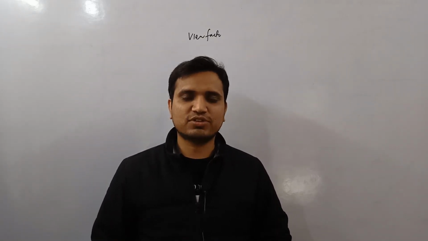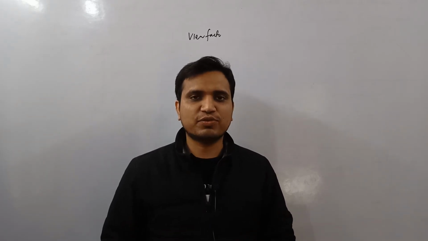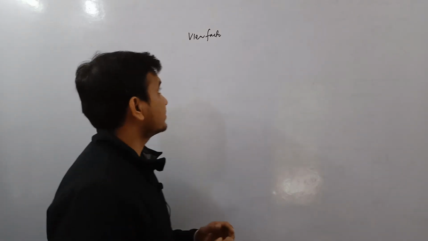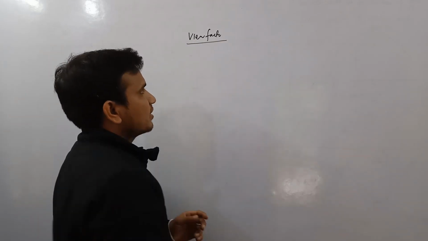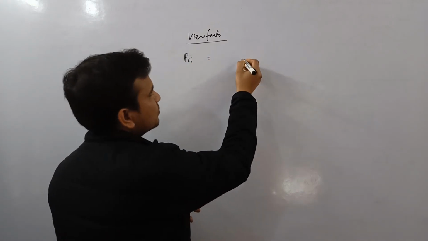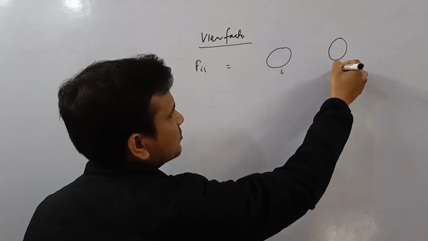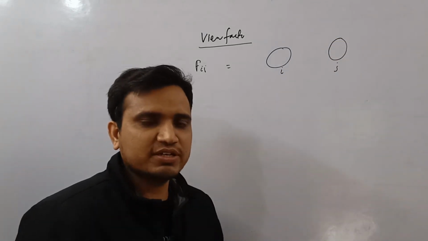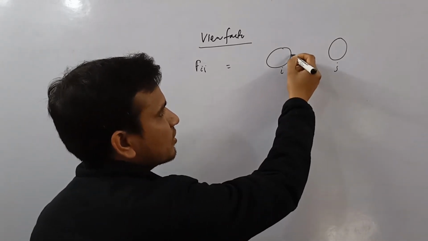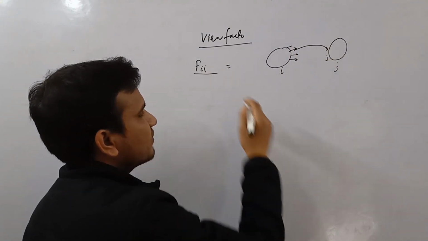Guys, this time in GATE 2021, there was a very new type of question which was asked in heat transfer related to the view factor. So I want to discuss that concept in a very easy way. See, the concept is the view factor, and we write it as Fij. There are two surfaces, one surface is I and the other surface is J. It represents the fraction of the radiation which it liberates that falls on the J surface. So that is written as Fij.